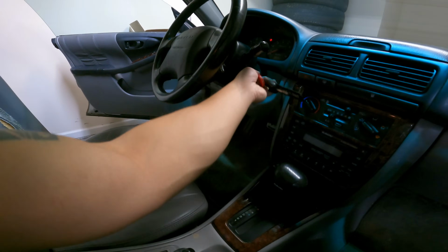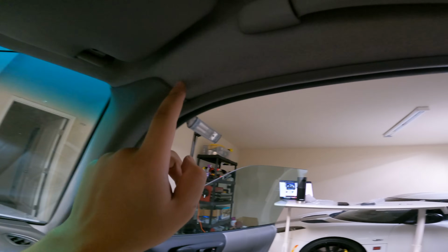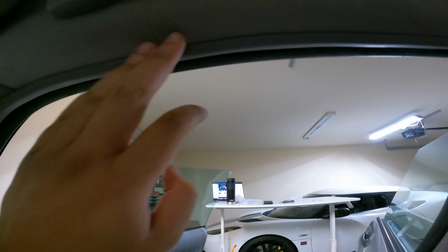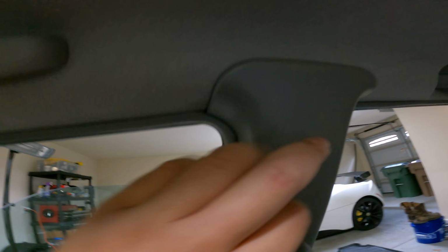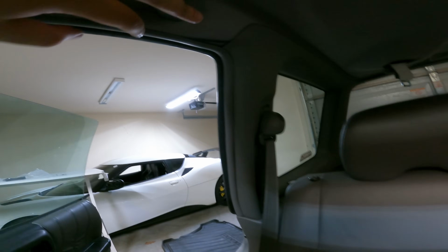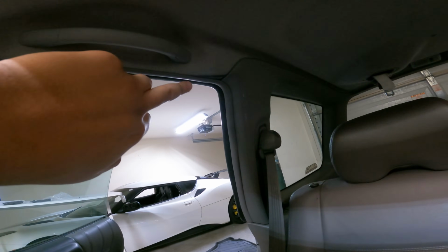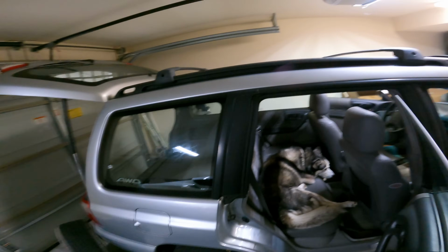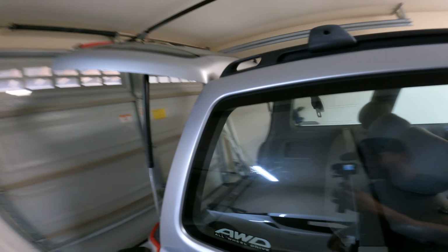you can see the camera is on. While it's starting up, the camera's run all the way through the headliner, but instead of ripping all this off, you can see the wire in there through this weather stripping, and it's not an issue if you have this kind of car. If not, you might have to go about it a different way. But you can see right here, I had to yank the wire back because I didn't have enough wire in order to plug it in, but it's run all the way back, and there is the rear view camera right there. It's run through here, up through this trim, all the way back around through here,